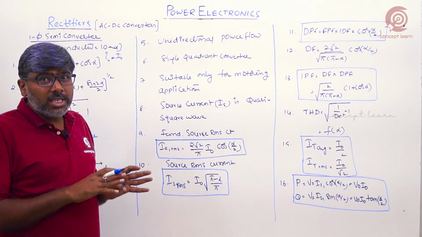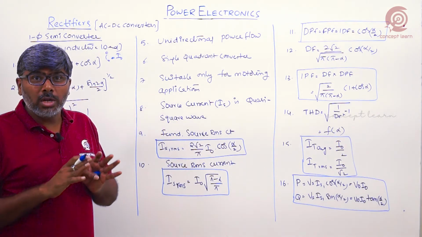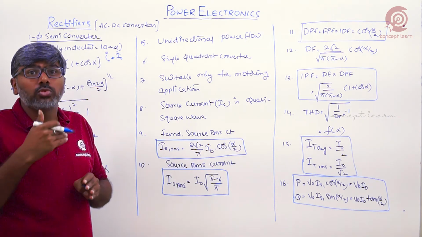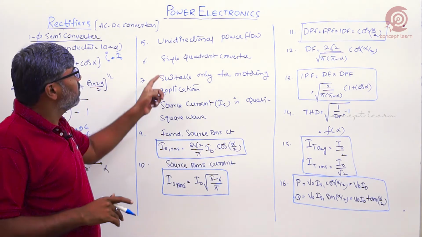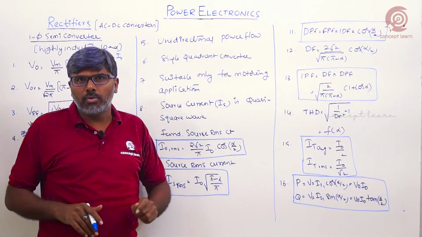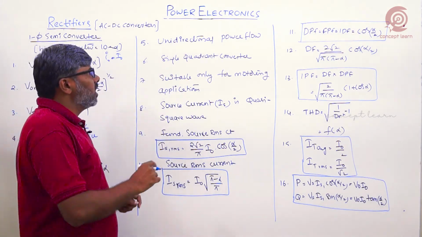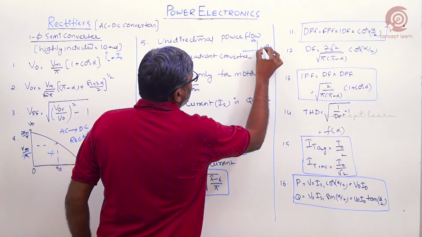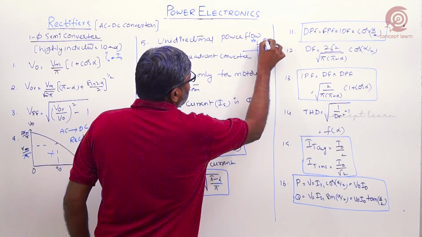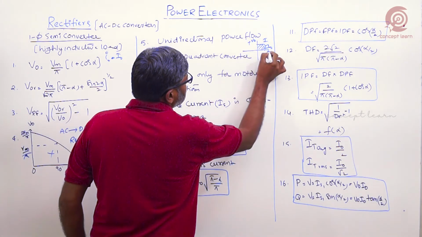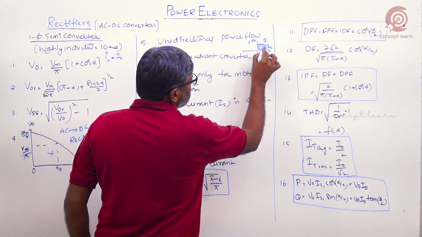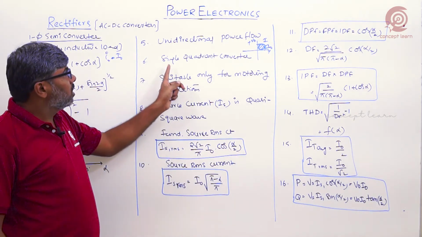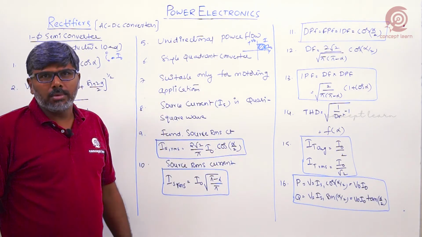Now because of only one mode of operation, rectification mode, power always flows from AC source to DC load, right? So that is why it allows only unidirectional power flow. Because of this, it gives only one quadrant operation, V0, I0. At any firing angle, it gives positive voltage and positive current. The power is always positive, so it gives only first quadrant operation. That is why it is called a single quadrant converter.